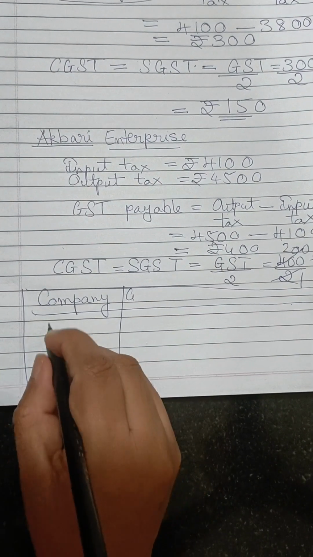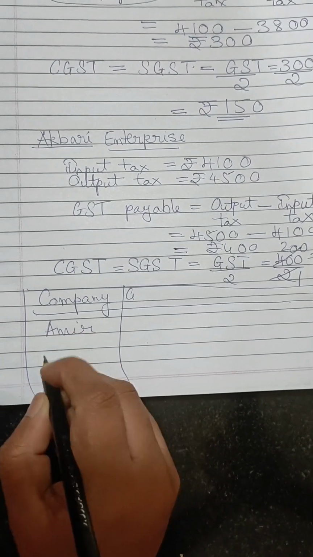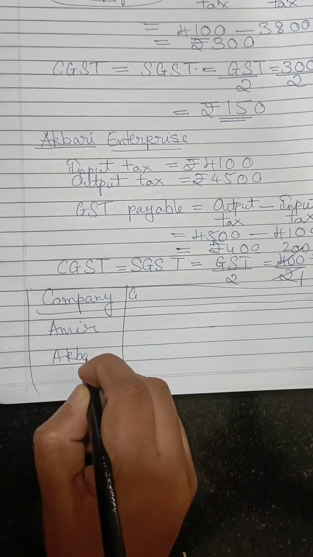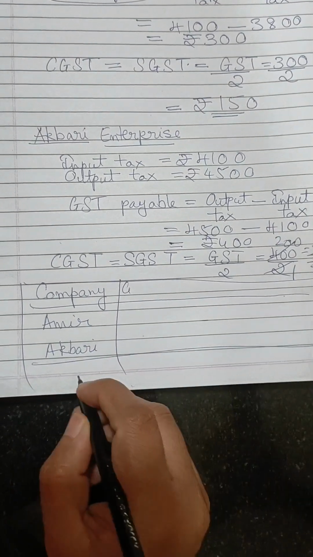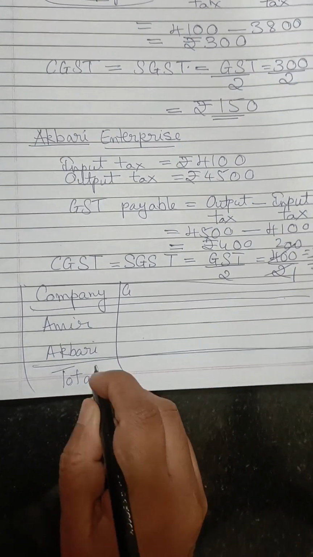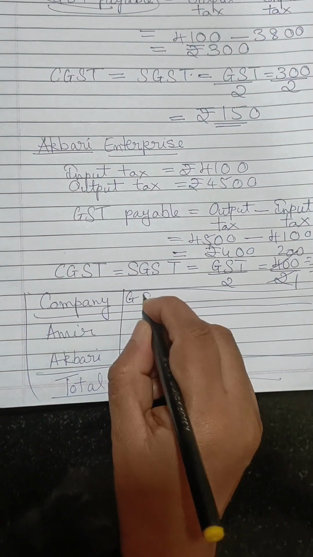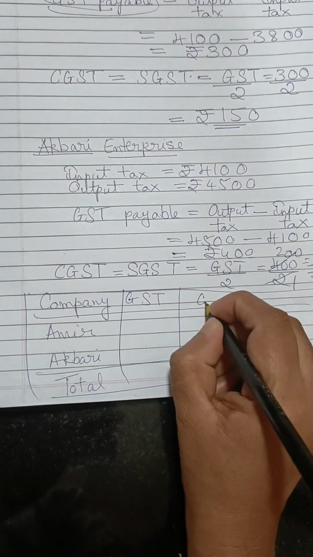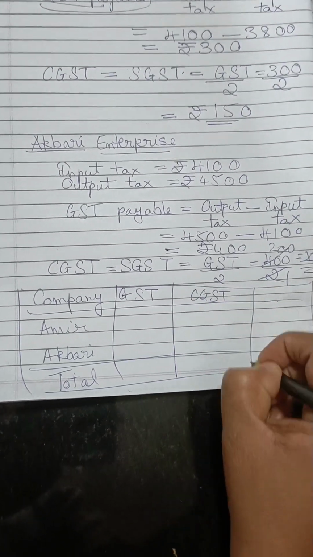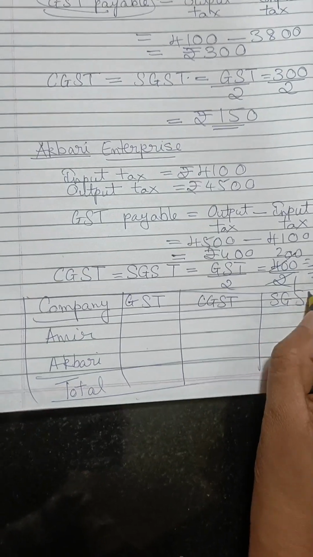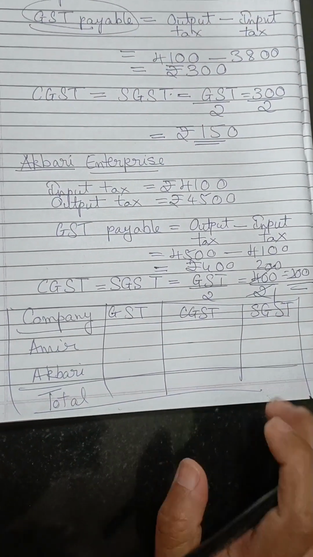So you have Amir, you have Akbari, and you have the total if they want. They have not asked, but you can write. So this is GST,